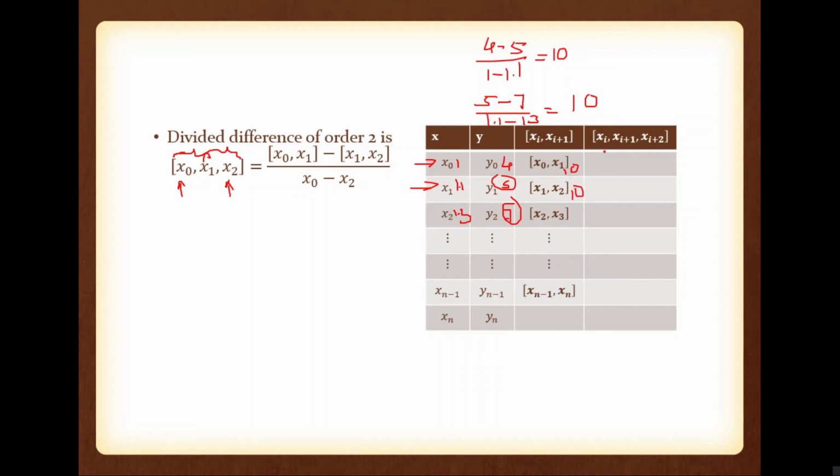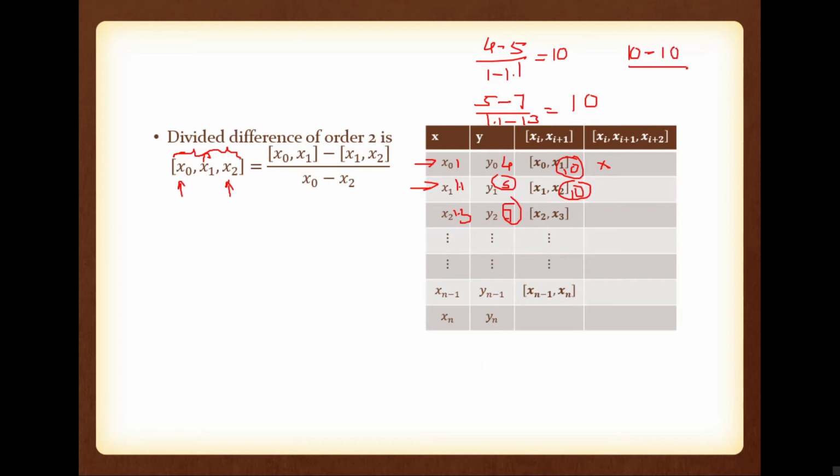Now what about this element? So from the expression point of view, I told you first two elements minus last two elements divided by first element minus last element. But if you are finding the value from the previous column, how to do that? If you are finding an element, it will have a numerator and denominator. For the numerator, go through the previous column, its current value minus the previous value. That is similar to the finite forward difference. Current value minus previous value, that is 10 minus 10. The first 10 minus the second 10.